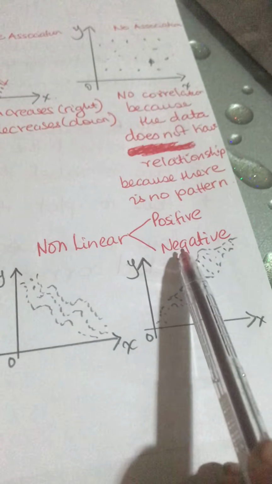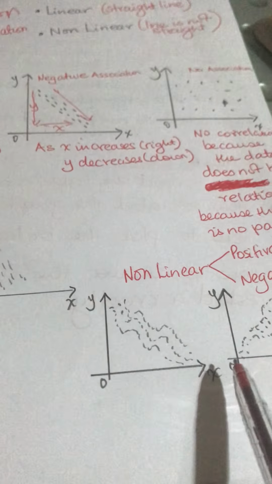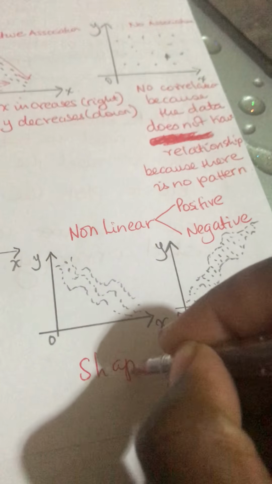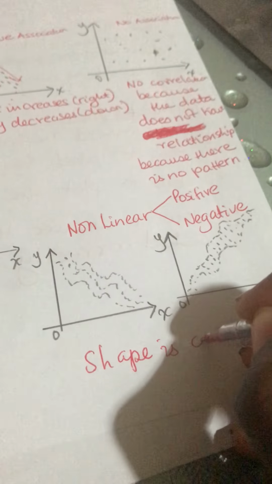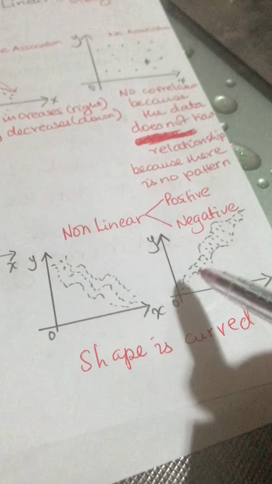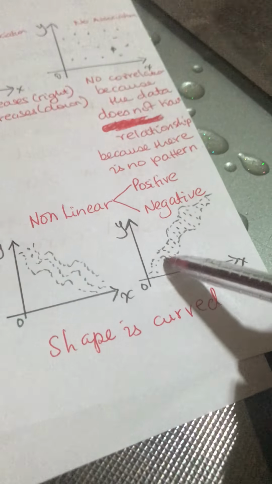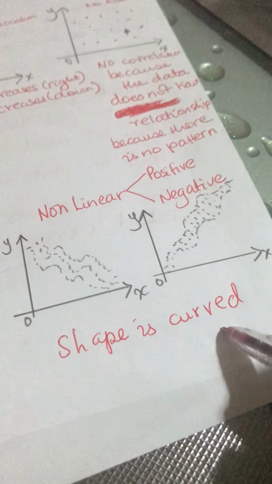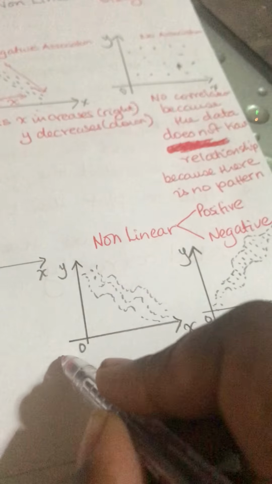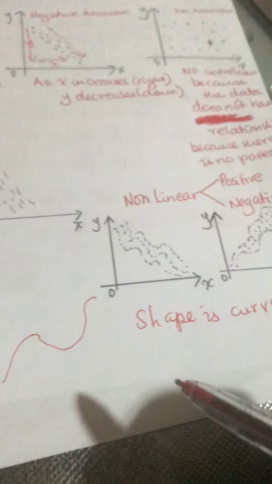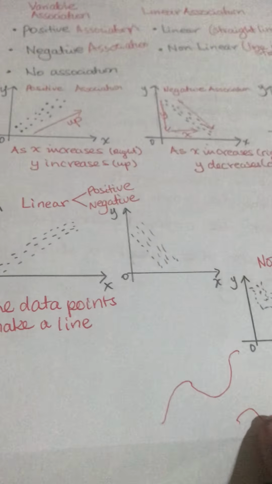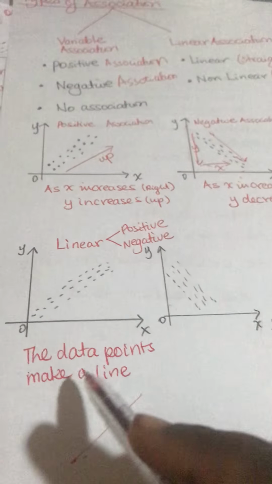Non-linear, you can have positive and negative. Your data points are not making any line. The shape is curved. You see it's making like an S or a C, like that. It is not a straight line. So the shape is curved, you are non-linear. If you look like an S, or like waves, then you're non-linear, okay? If you're straight, then you're linear,